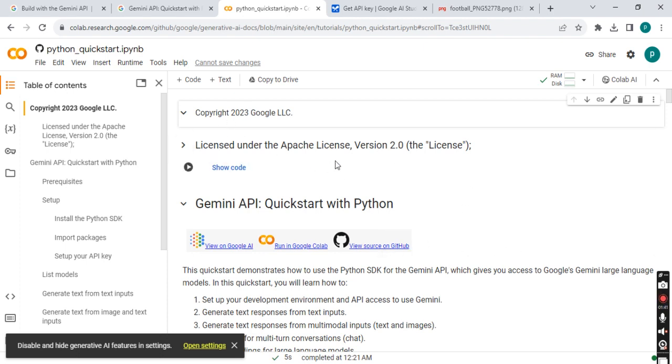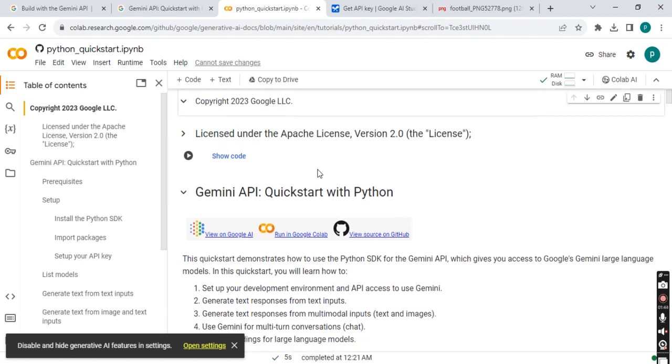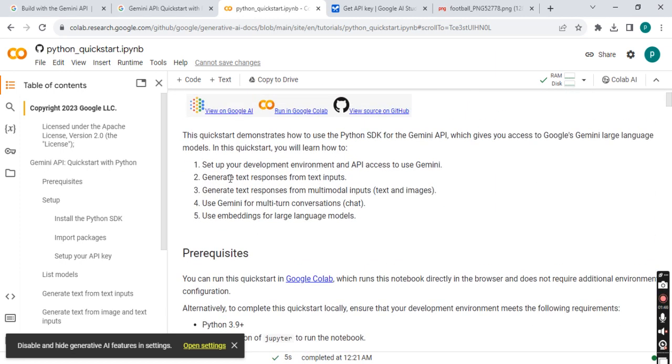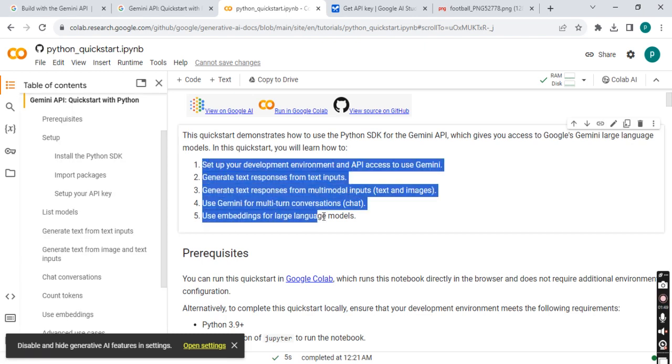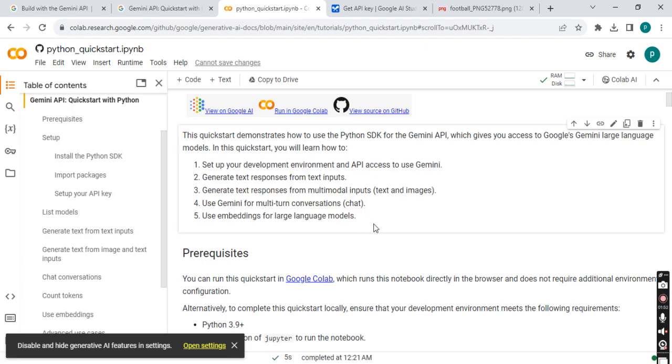These are some basic information about licensing and what we cover here. These are the five use cases which we will cover. First, we are going to set up the development environment and API access to use Gemini, and then we'll generate some text responses from text input. We'll also see how text responses are generated from multimodal inputs, like text plus images, and then we'll see how we can have a multi-turn conversation with Gemini, and at last we'll use some embeddings